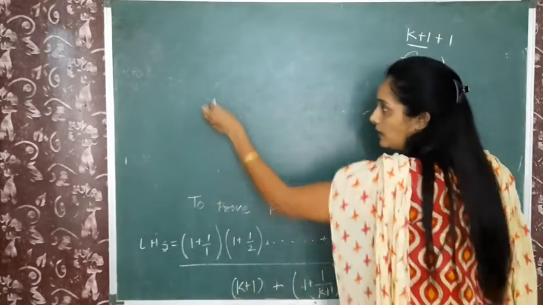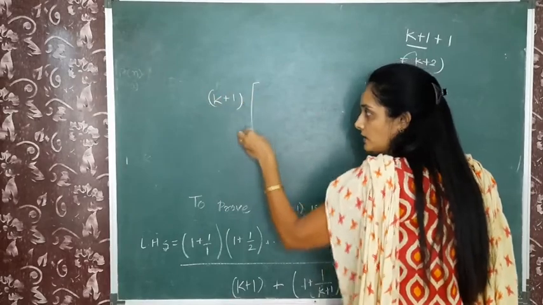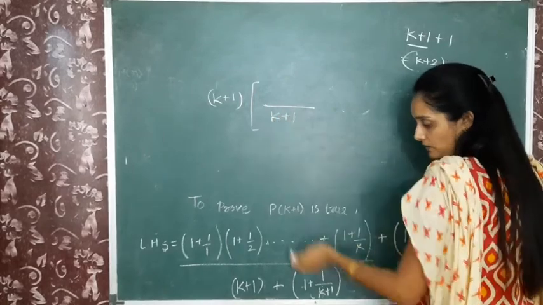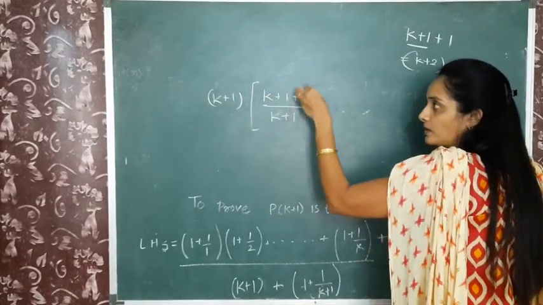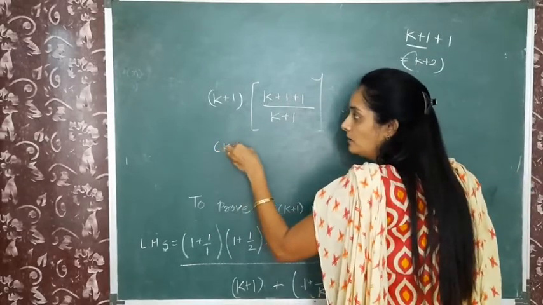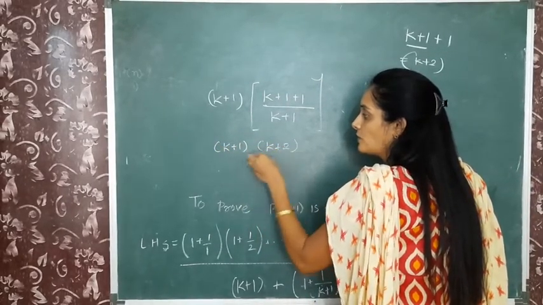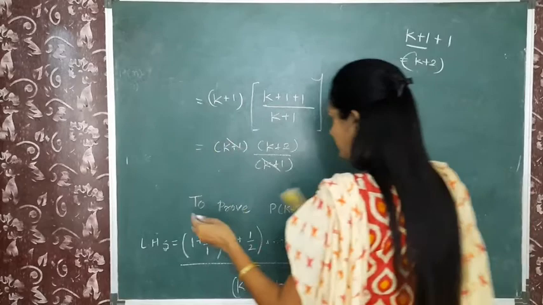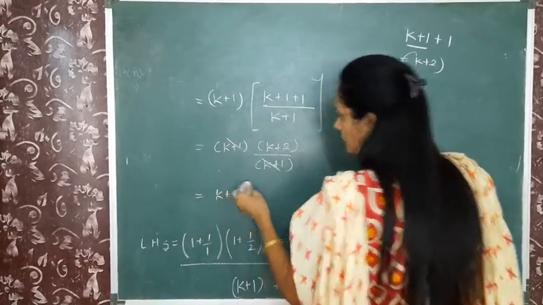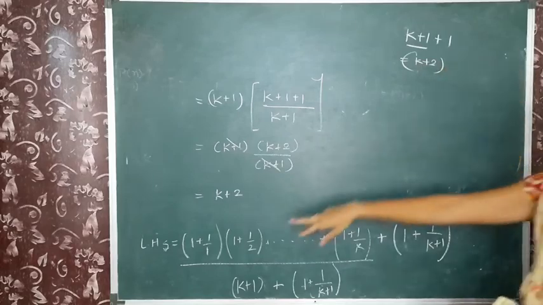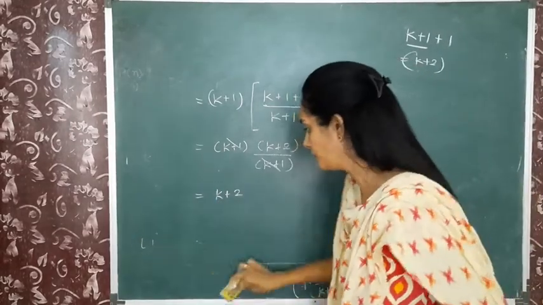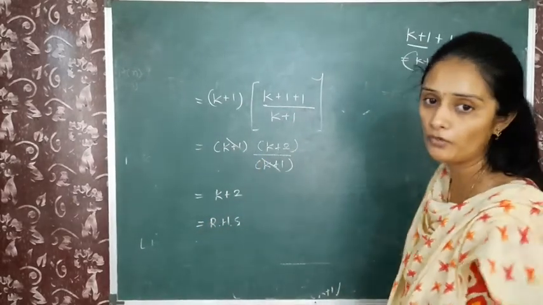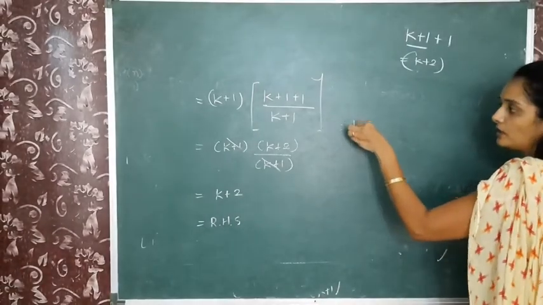Now this k plus 1 as it is. In this bracket we can take k plus 1 as LCM. So here k plus 1 plus 1, so k plus 1, k plus 2 upon k plus 1. And we also want k plus 2, and here k plus 2. So we can write left hand side is equals to right hand side. That means P of k plus 1 is true,